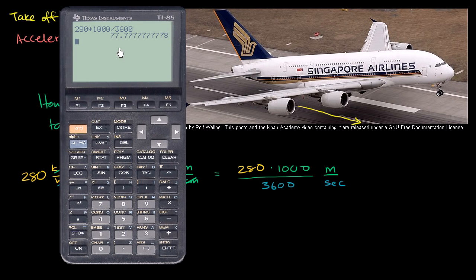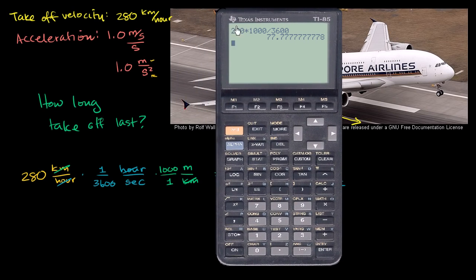3,600, and it gives me 77.7 repeating indefinitely. It looks like I had 2 significant digits in each of these original things. I had 1.0 over here. Not 100% clear how many significant digits I have over here. Was the spec rounded to the nearest 10 kilometers, or was it exactly 280 kilometers per hour? Just to be safe, I'll assume that it's rounded to the nearest 10 kilometers. So we only have 2 significant digits here, so we should only have 2 significant digits in our answer. So we're going to round this to 78